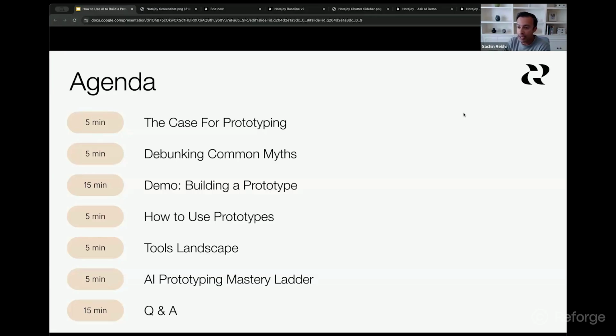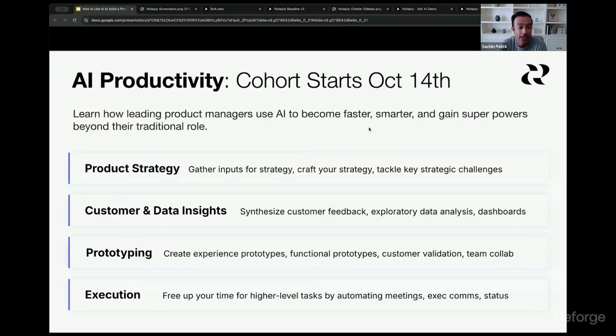We'll be using the Q&A tab here, so I'd encourage you to have that open and ask questions throughout, and we'll have time at the end for those questions. I saw a question here on whether this session is going to be recorded, and yes, it will definitely be recorded, and you'll have access to it afterwards.